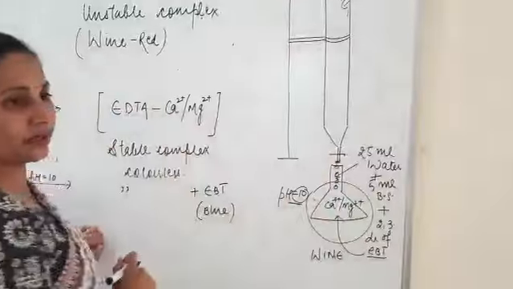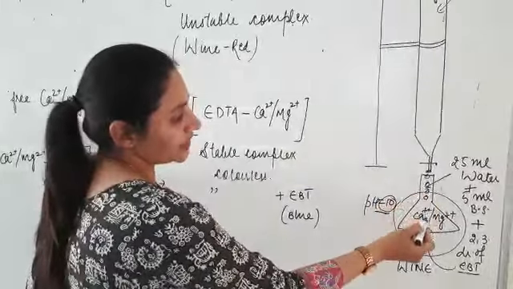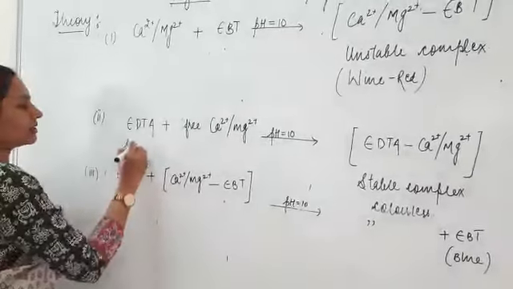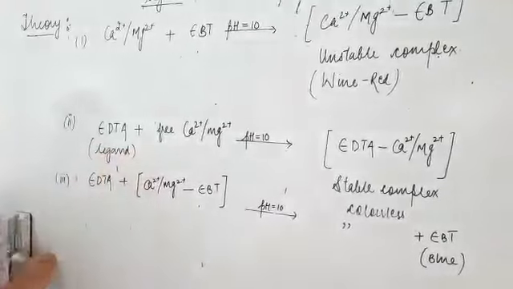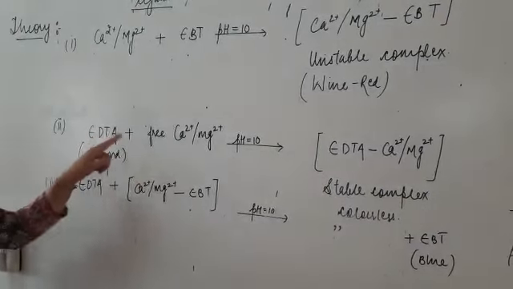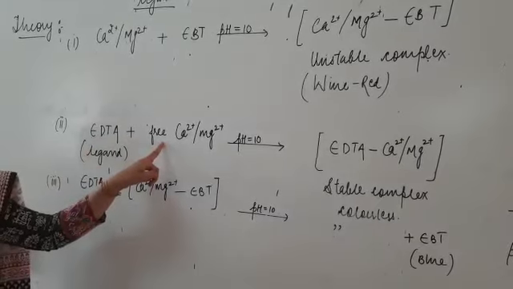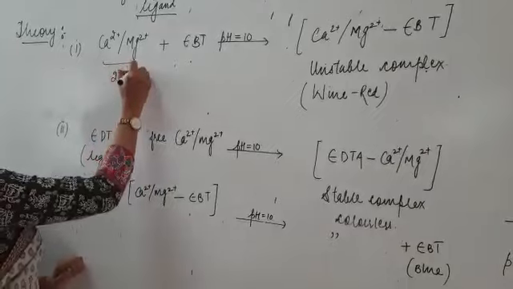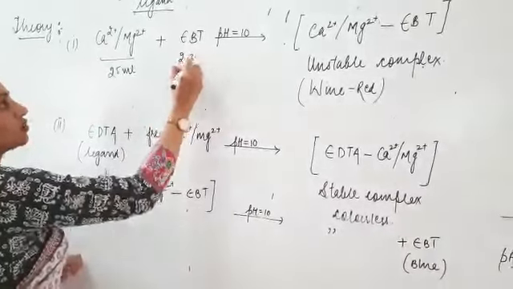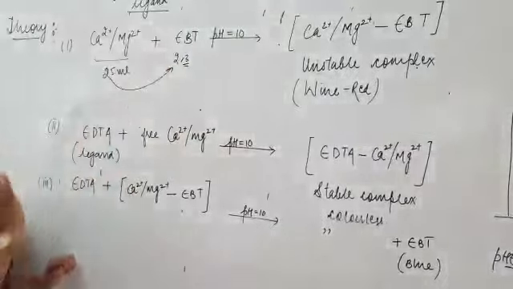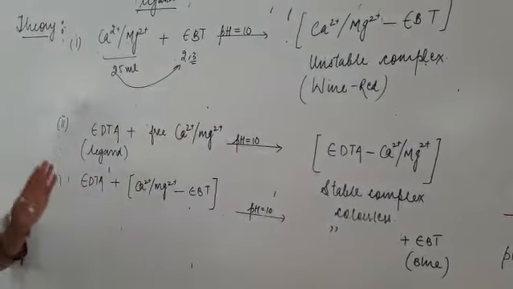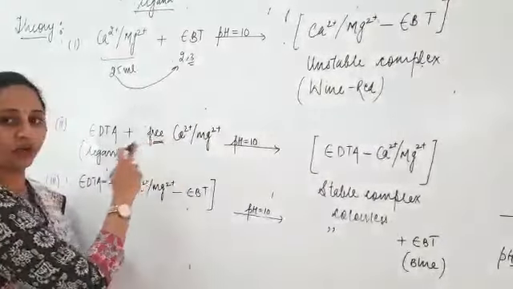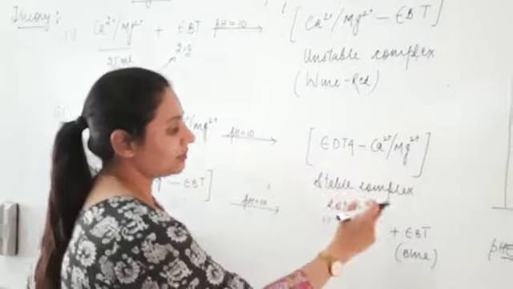Now to this wine colored solution we start titrating with the EDTA. We pour EDTA drop wise into this wine colored solution. So what will happen? EDTA, being a ligand, can form a stable complex with the ions. So first it will grab the free cations present in the water. Since we have taken 25 ml water and only 2 to 3 drops of EBT, only a few metal cations will be complexed with the EBT. The rest of the cations are present freely.